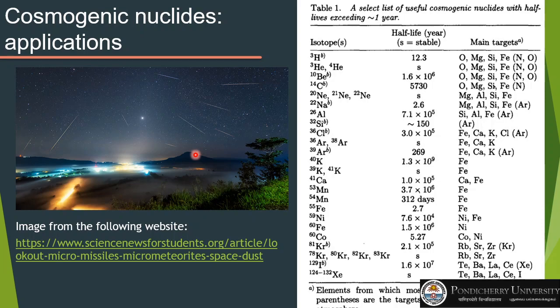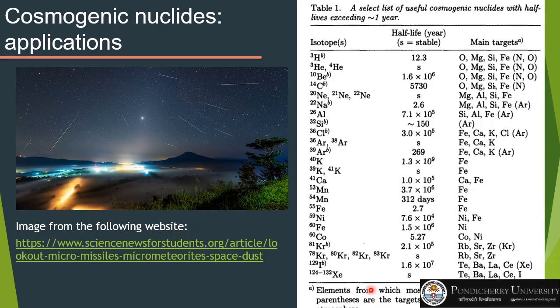In fact, if you read the historical development of this field, you will find that most of these applications using cosmic nuclides were initially carried out much more on meteorite samples, because the production was much higher there, and measuring those highly produced cosmic nuclides was much easier. And in that case, you would find that even the stable nuclides of krypton and stable nuclides of neon were also used for this kind of application of these cosmic nuclides on meteorites.